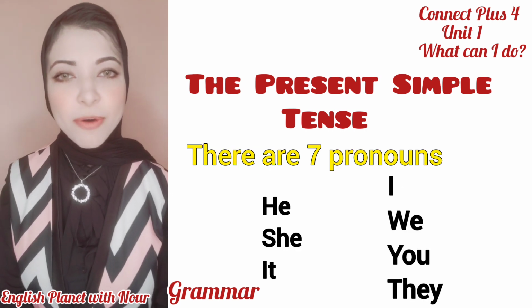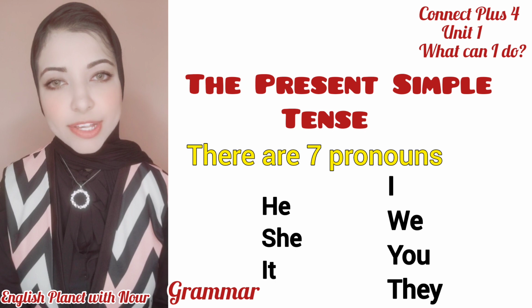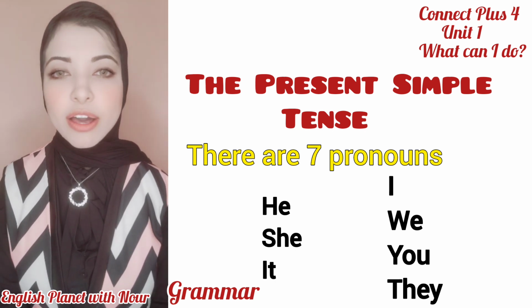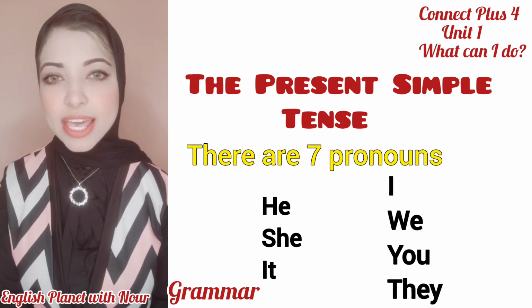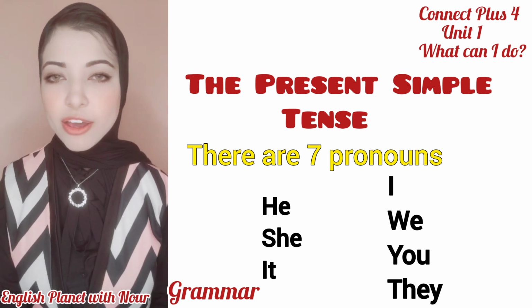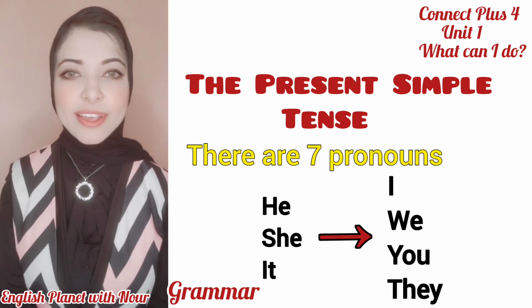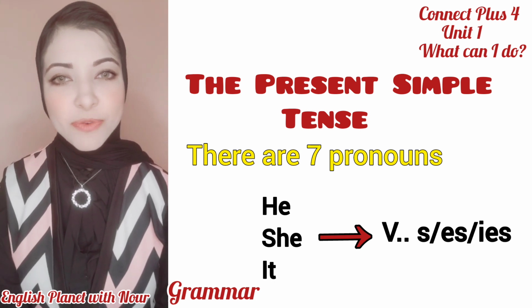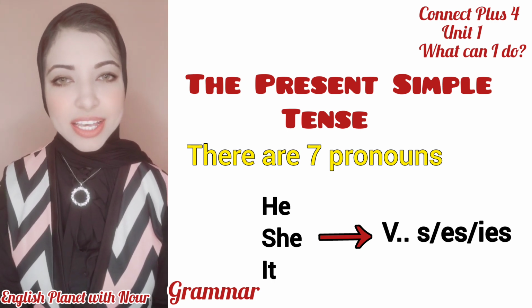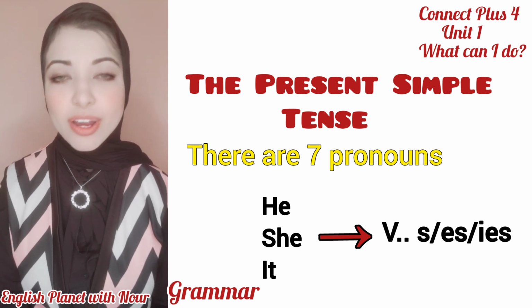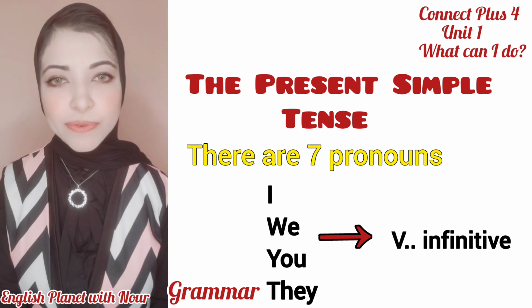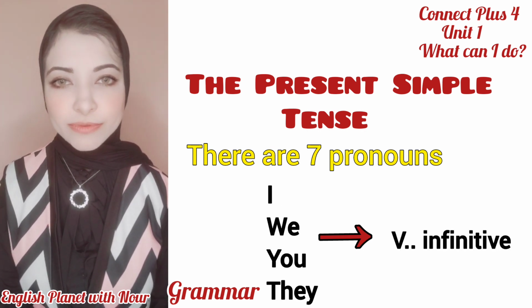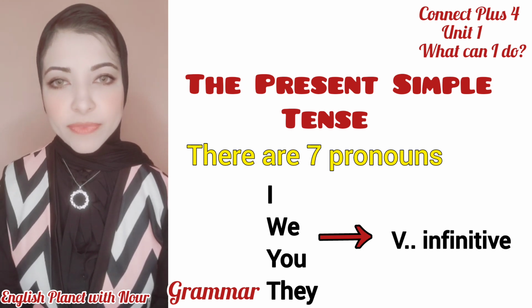First of all, how many pronouns are there? There are 7 pronouns in English: I, he, she, it, we, you, they. He, she, it are the singular pronouns. I, we, you, they are the plural pronouns. What about the verb? The verb which comes with he, she, it comes with s or es or ies. But the verb which comes with I, we, you, they comes alone, in the infinitive form, like in these